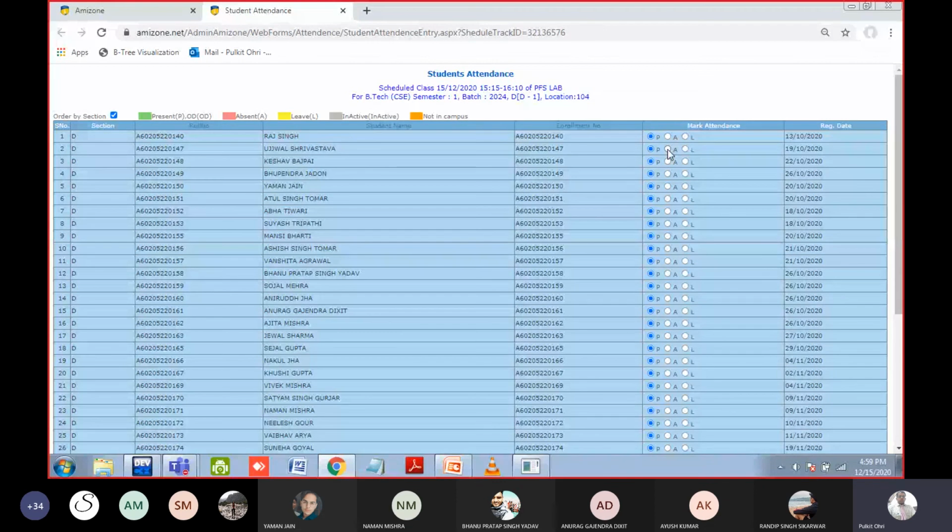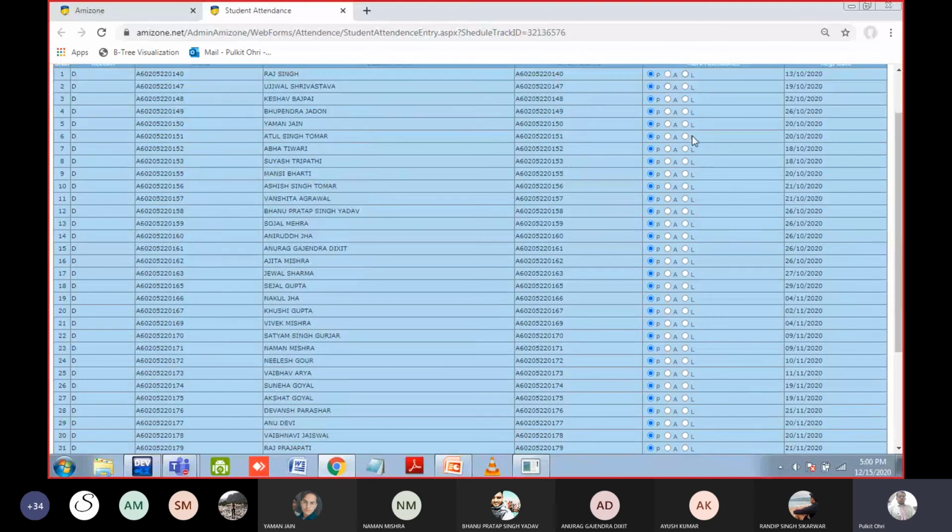Raj Singh, present, sir. Ujjwal. Ujjwal is there. Keshav, present, sir. Upendra, no. Yaman is there. Atul, present, sir. Abha is there.